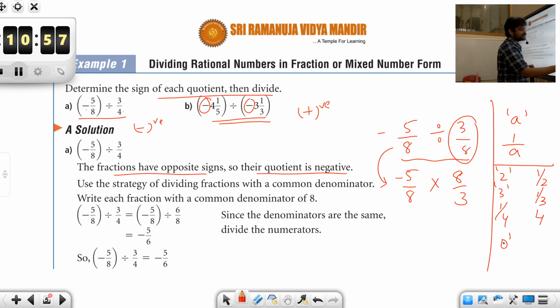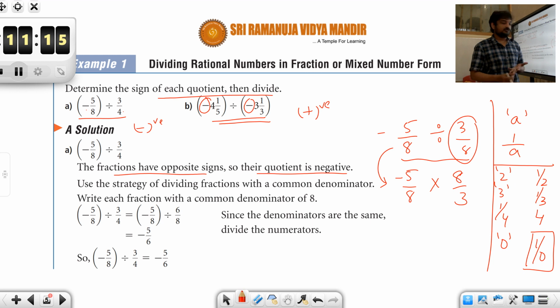And then what is the reciprocal of 0? You could think that is 1 by 0. But students, be clear, here we are trying to divide by 0 and division by 0 is not allowed. Because you are trying to divide by nothing. So that is an indefinite, I mean infinity value. So we can't exactly determine that value. So division by 0 is not allowed, or you can't find the reciprocal of 0. Okay, students? So be very, very cautious about this. Reciprocal of 0 does not exist.